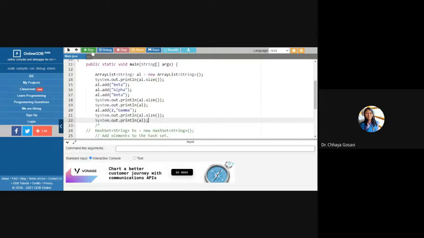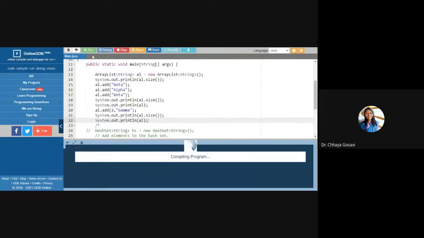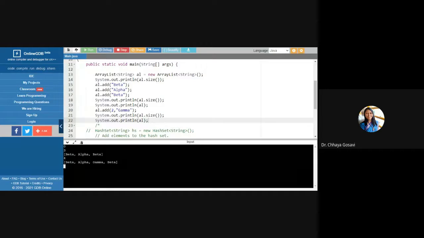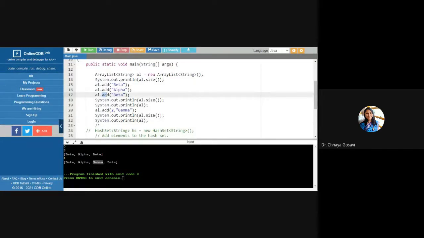Again we'll check size and print the list. So size is increased by 1 and the element is added at this location. Note that function is same. This is function overloading. Function is same, but number of parameters are different. Here we just passed one string. Here we passed index and the string.